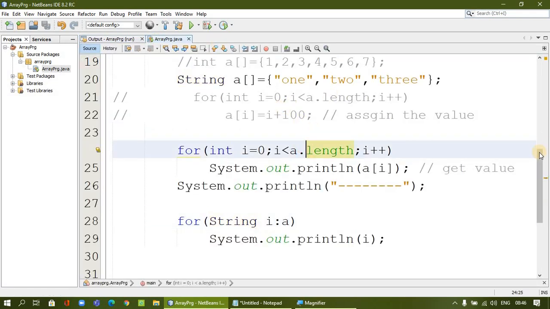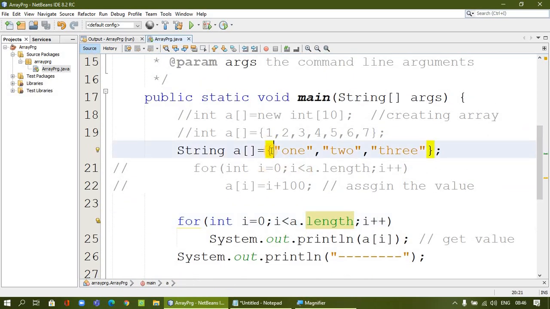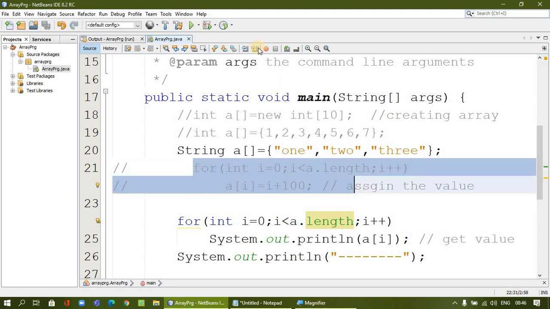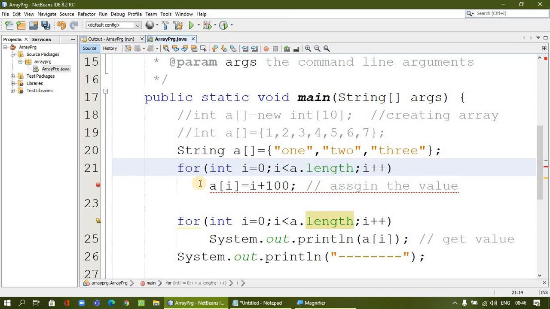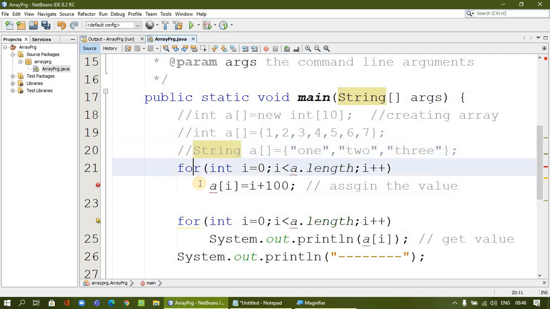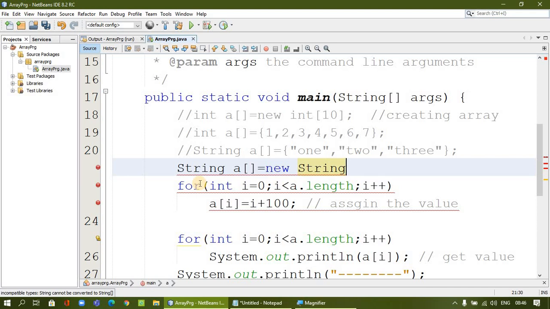If you use the same idea for assigning the value, for example assigning values directly, you can also use a loop. But the value you assign has to be a string value. Let me uncomment this one. I will try to assign different values, or we can overwrite the values, no worries, or we can use another array. Maybe I will create another array. I will go for a string array, creating a new array of string with maybe 3 or 5 elements. I will just finish that.